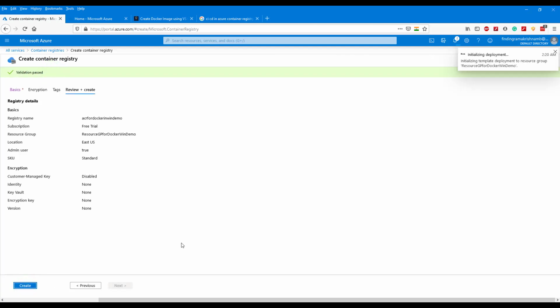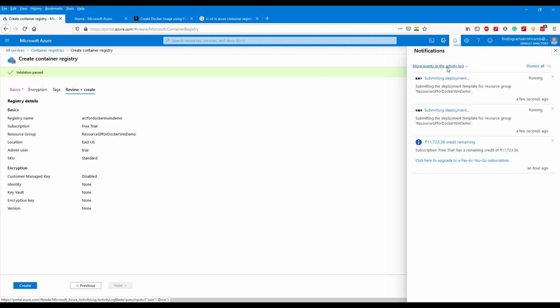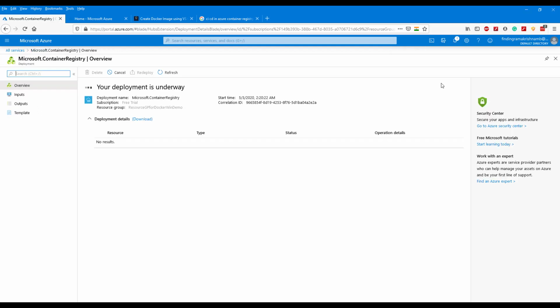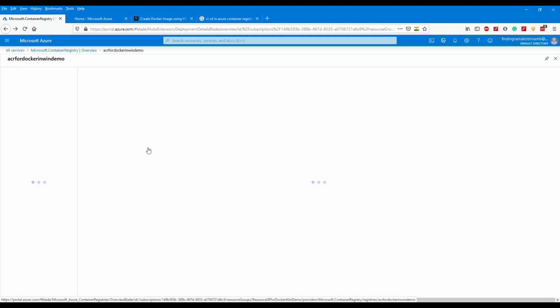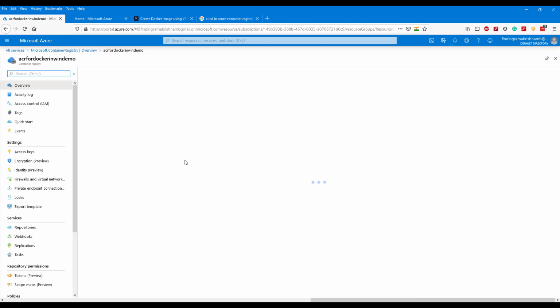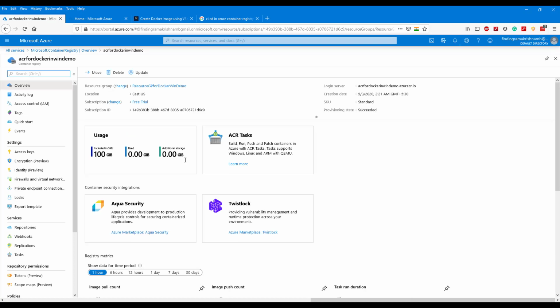Create the Azure container. So our Azure container is created.